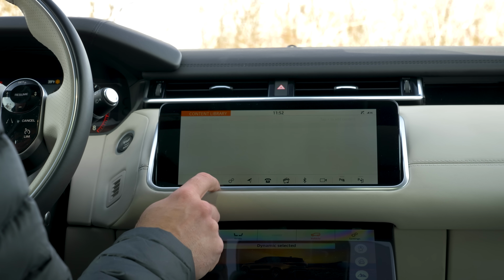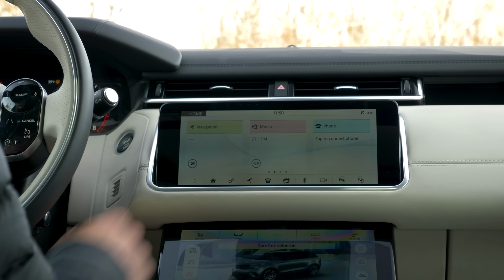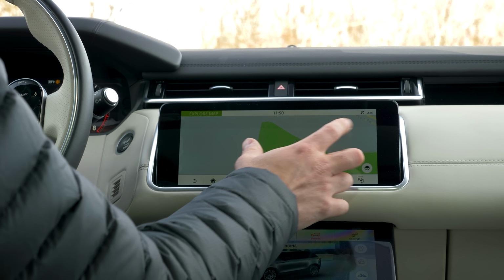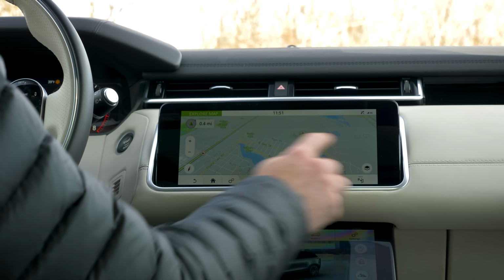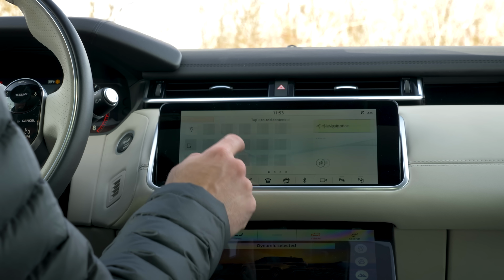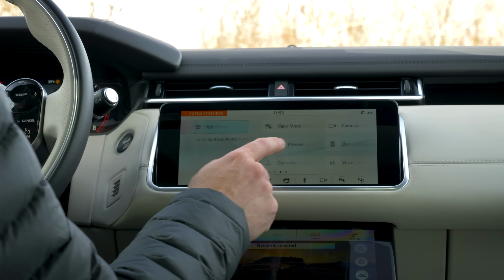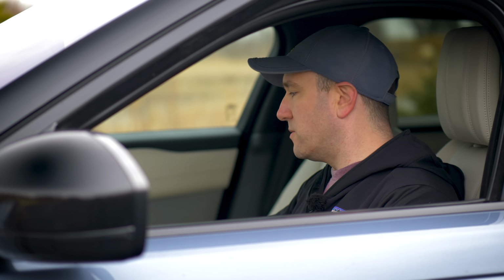Now then you have your media, navigation. Your mapping software works really well. It looks good. The pinch to zoom is fast. Your media controls are pretty intuitive. You have Sirius XM, USB, your Bluetooth connectivity and your phone screen. And then of course, all your submenus with eco data, where it shows you how you're doing with fuel